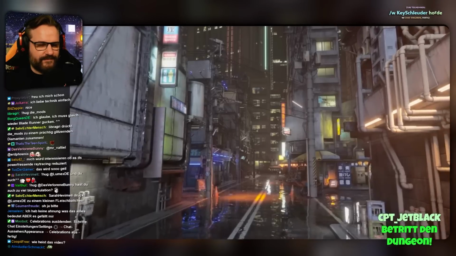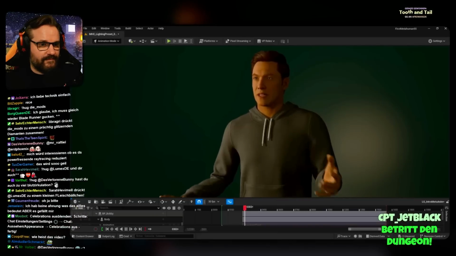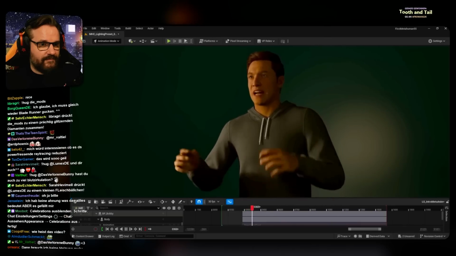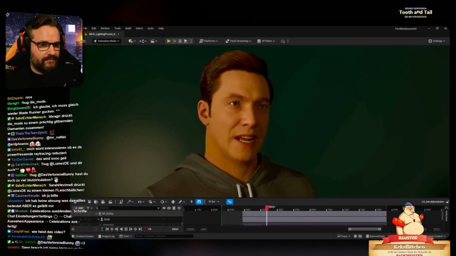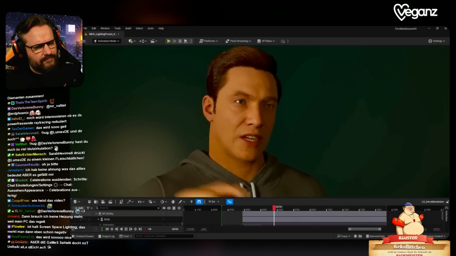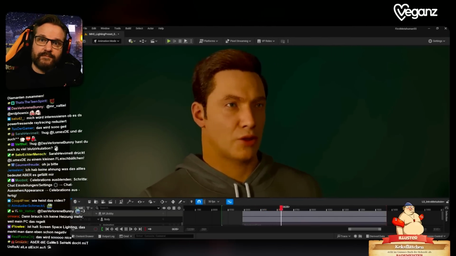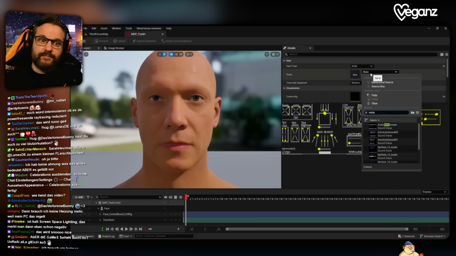On top of a lighting upgrade for UE 5.5, metahumans have gotten two big new features. The face animations you see right now are not motion capture and they are not hand animated. Instead, the face animations are generated by AI with the new audio-driven animation feature. All I did was